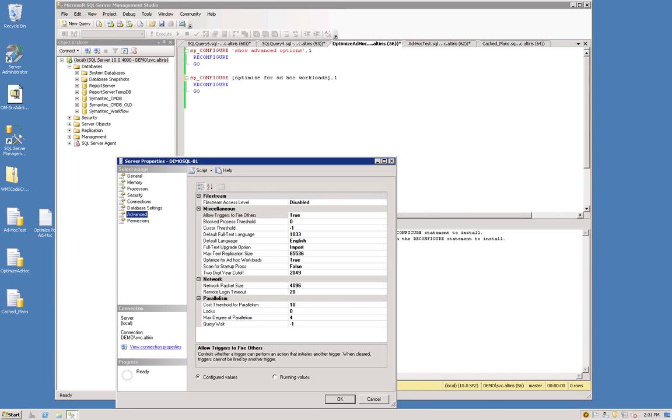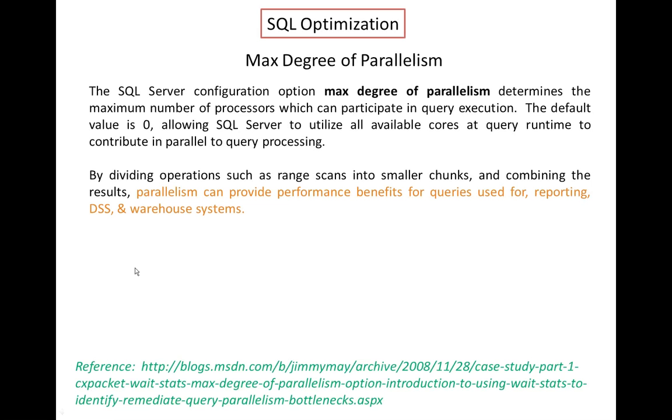Okay, so as I scroll down here, you'll notice my count. Basically, I'm running this, and I'm going to take a look at the cache plans table and count the number of times this query is in there. I've run this 5 times, and it only shows up 4 times. That's because the first time this ran, I tossed it away, since I wasn't going to use it again. But since the system saw that I'm going to run this again and again, I now have a total of 4. If I go back and turn this off,